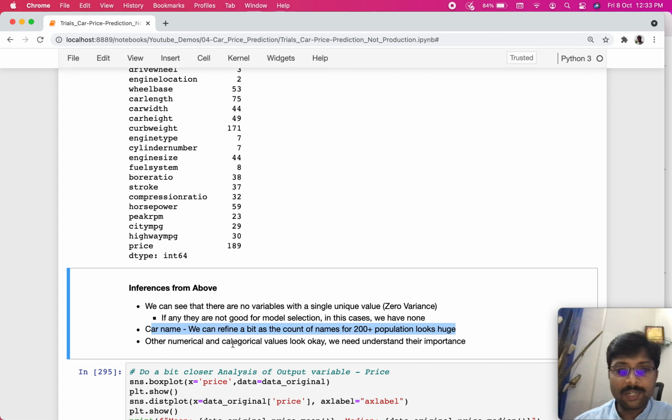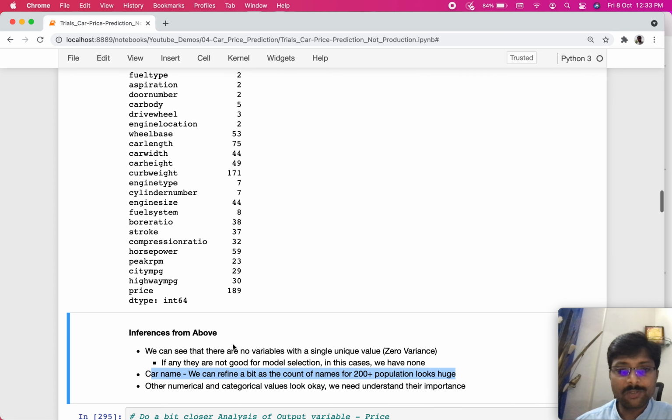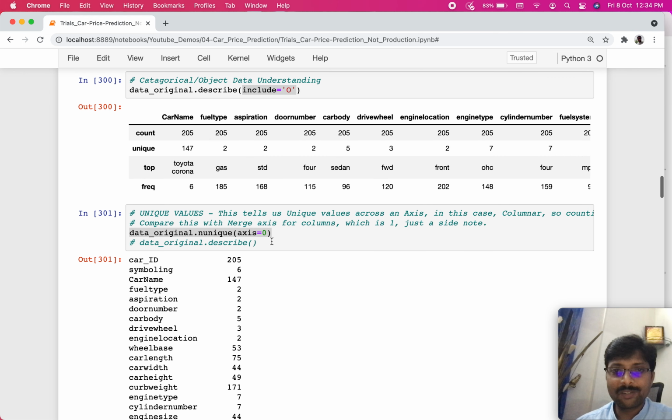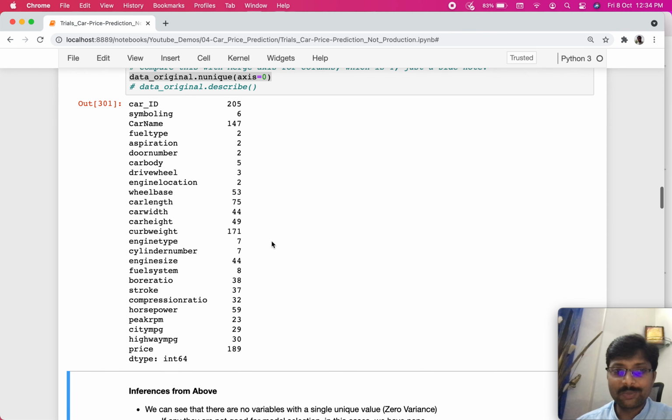And more or less, we also see that there are no constant values here, that means there is no variable which is not varying at all. So that is also not good. If there is a variable which is very much constant, then that may not give us any meaningful information. So we can clearly drop such kinds of parameters, right? So this sort of analysis will give us insights like that. How do we treat different patterns within the data?